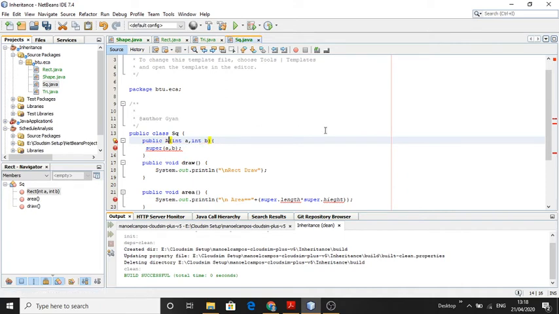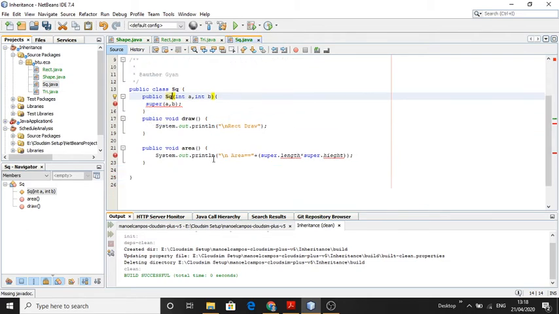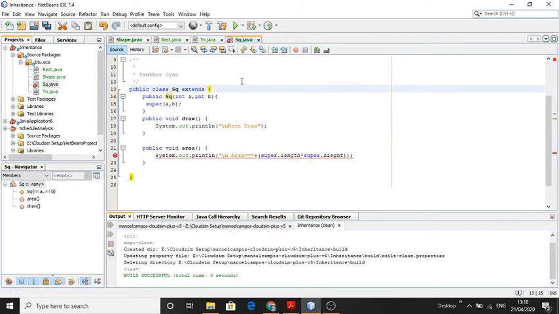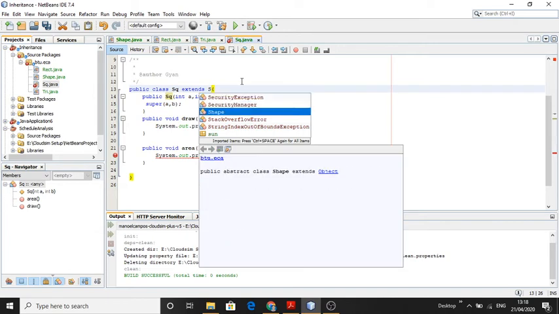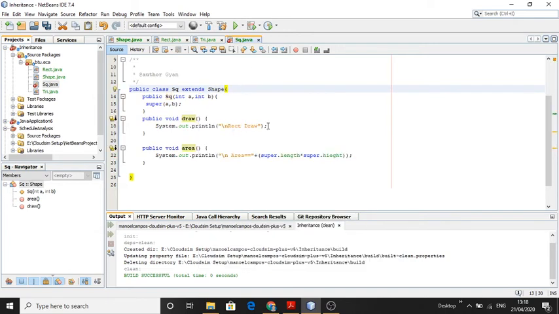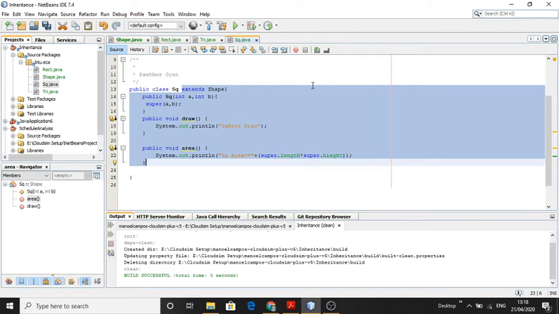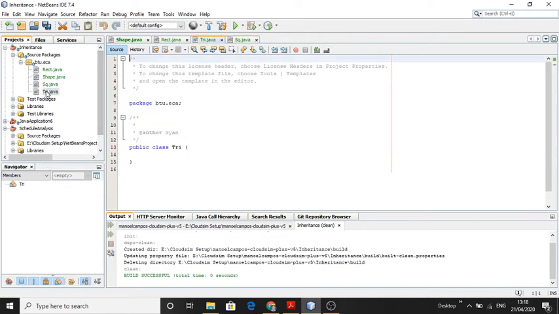Instead of Rect, this is the Sq, and it will extend Shape. So there is no error. In the same way, we just copy and paste in the triangle.